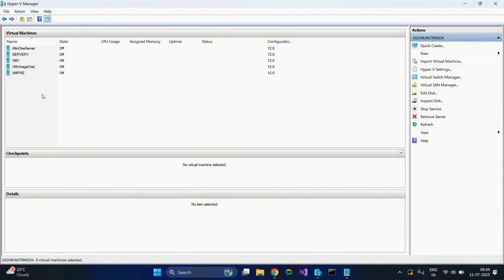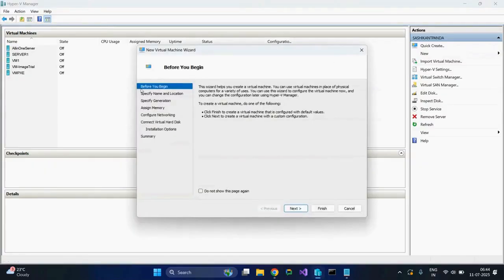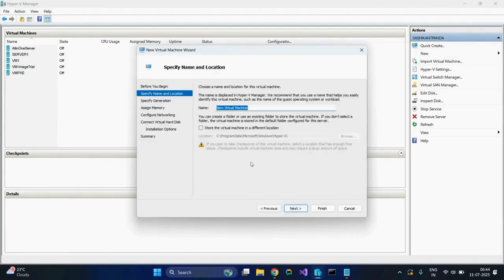So let's see how to create a VM in the virtual machine. Okay, so I can go simply to New, then Virtual Machine or Hard Disk or Floppy Disk. So first we'll go for Virtual Machine. Click on this. You can see Before You Begin, you can read it completely, so how it will be created and all. Then click on Next. Here you can mention your virtual machine name. So it can be anything. For example, I will set my YTV,